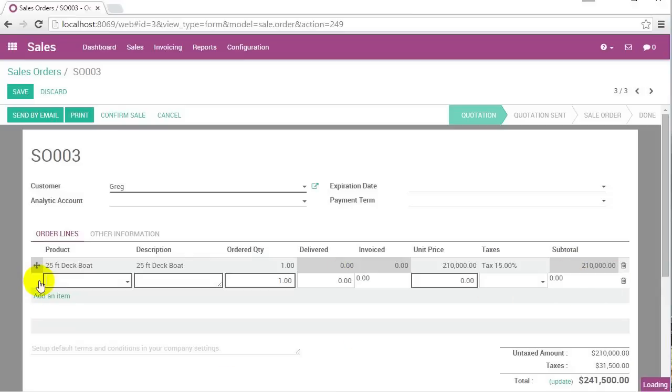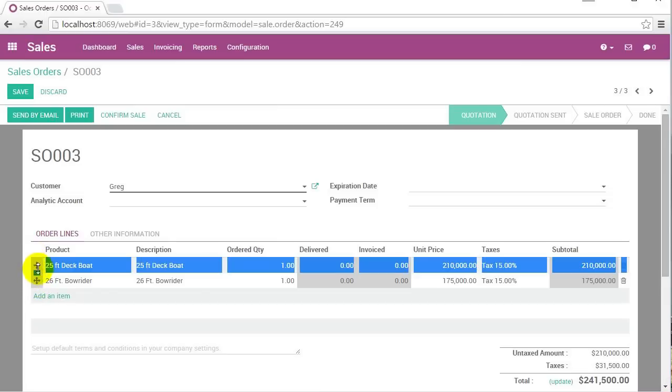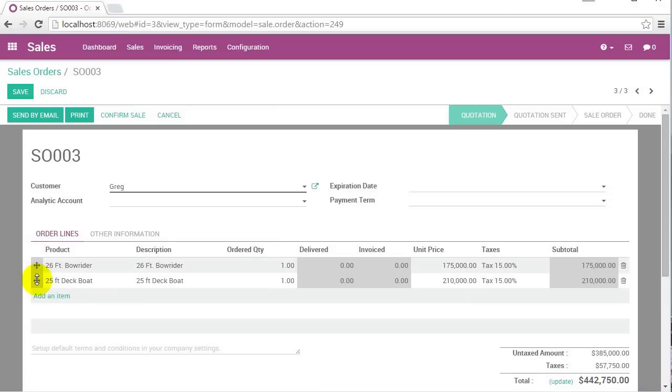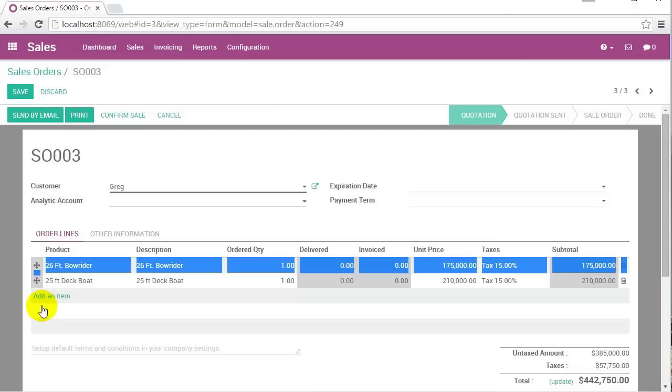Now I will show you that if we add also on this 26-foot boat, one of the things you can do, and you'll see it pulled that price, is you can reorder your line item. So I can pick this up and move it down, pick this up and move it up. So you can order your line items to create a sales order in the order that you want to see them in. Okay, so I can hit save here,